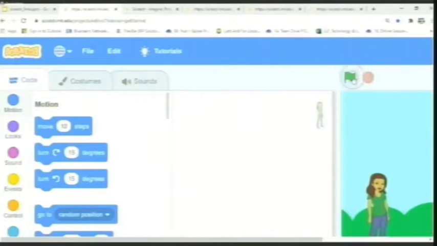If you can see this green flag and the red button: the green flag will help you in starting an animation and the red button will help you in stopping an animation. That is how we are going to control our animations. So what is the use of this green flag? Apart from starting the animation, it also tells you, when you're coding or programming, when to start the program or what is to be done when the program is being coded. So let's go back to the codes here.